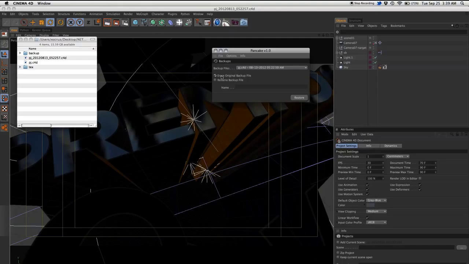You also have the option to rename the backup file. So if you don't like this naming convention here with the timestamp and you want to give it a different name, you have the option of doing that here. So let's select both those options and name this backup 001, right? And you don't need the extension when you name it. So we'll click restore,